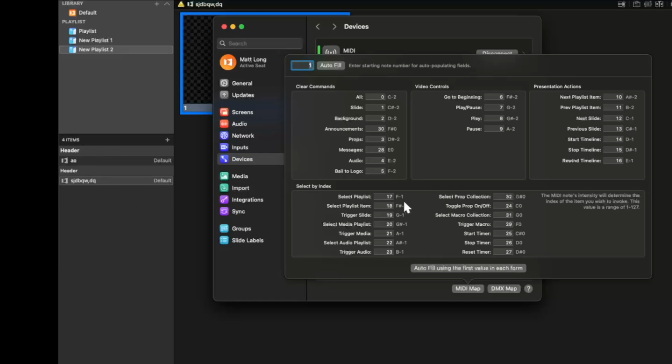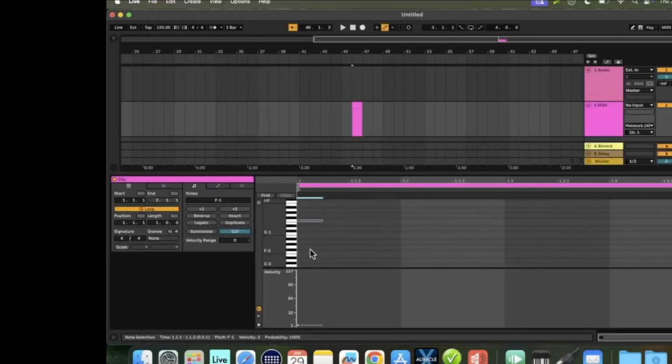So if we wanted to do presentation 1, it would be F#-1, velocity 2, because we'd be doing the first presentation, because remember, a header counts as a number. So let's go ahead and find F#-1 and add a new MIDI command, which is just by double clicking, and then change velocity to 4, because